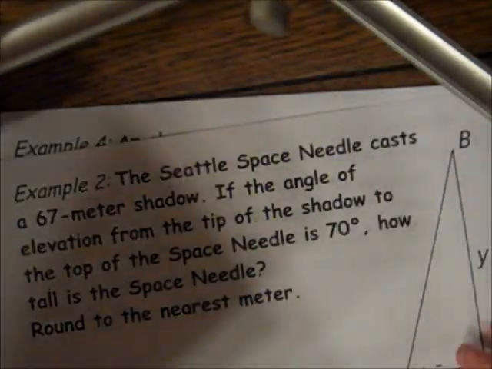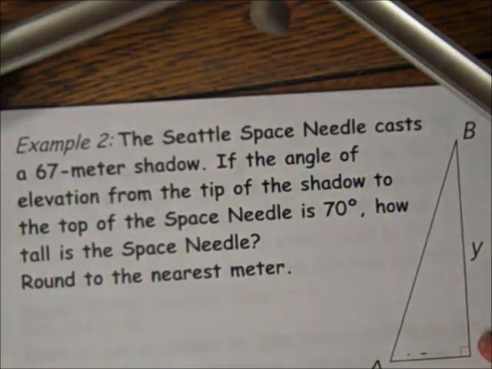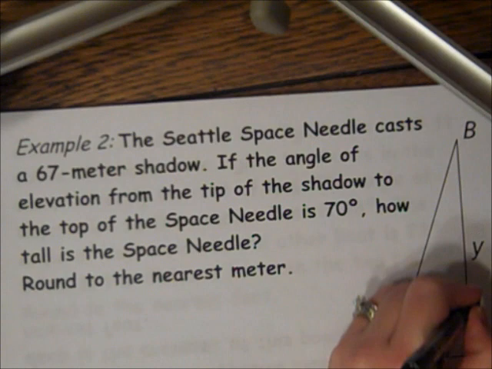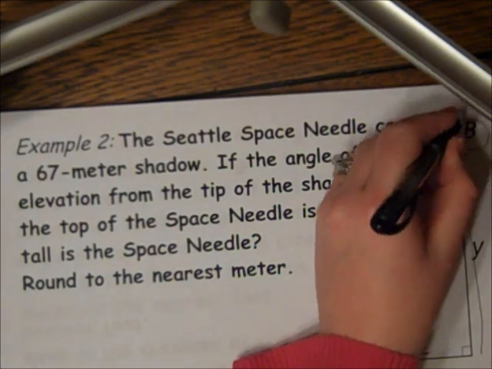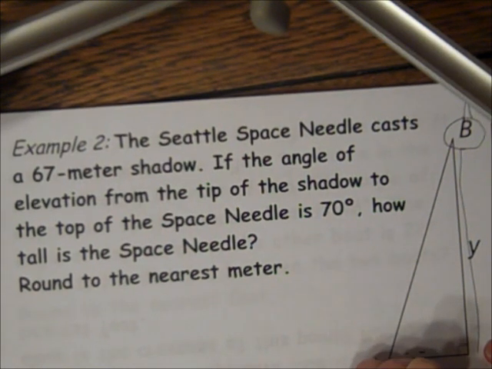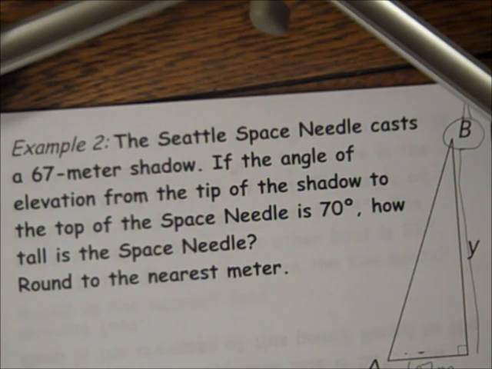Okay, so now let's see how this applies to our trig that we've been doing for the last several days. The Seattle Space Needle casts a 67-meter shadow. So this right here is the Space Needle. I draw awesome. And it casts a 67-meter shadow. So this is the shadow right here. If the angle of elevation from the tip of the shadow to the top of the Space Needle is 70,